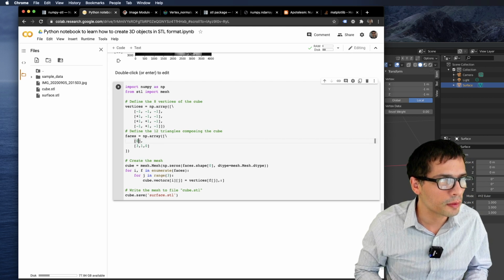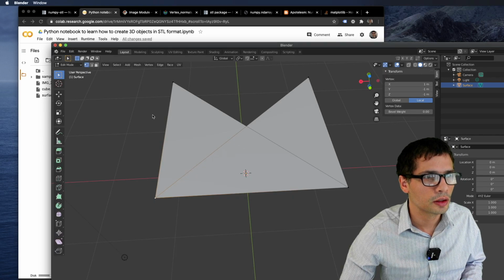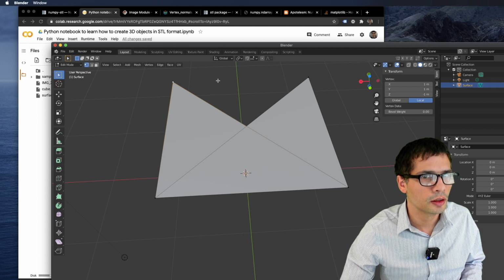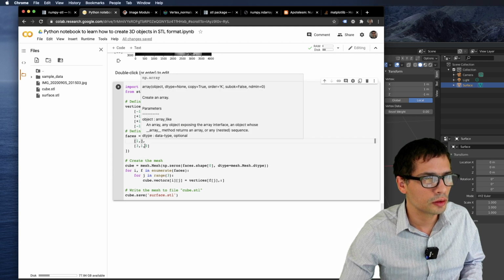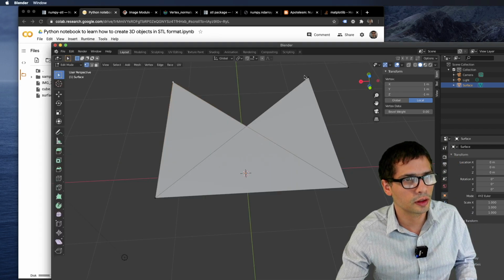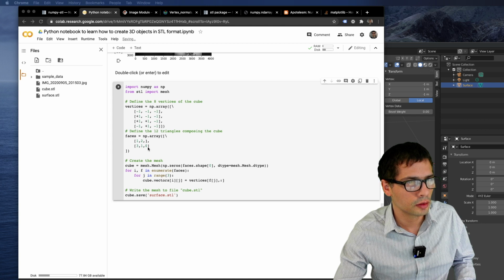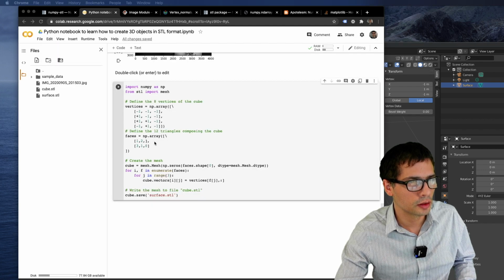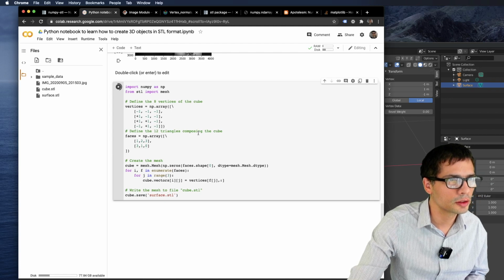Good, start from nothing, otherwise I'll get lost again. So yeah, now I pick this one. 1, 1, minus 1. It's 0, 1, 2, 2, and then the last vertex is going to be this one. Minus 1, 1, minus 1. And that's going to be minus 1, 1, minus 1, 3. Okay, let's try it.